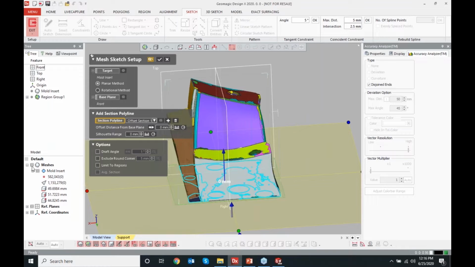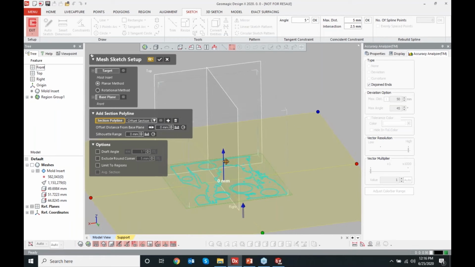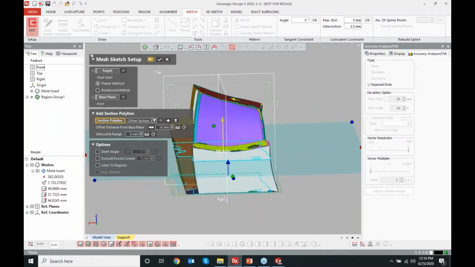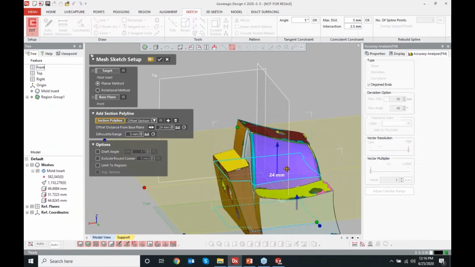So as I move, and especially if I hide my scan data, it makes it a little bit easier to understand what this is doing. As I offset this cross-section, I start to pick up different geometries on the scan data until I've passed all the way through the scan data. Now, this isn't going to be particularly useful to me because as I get up into the features that I actually